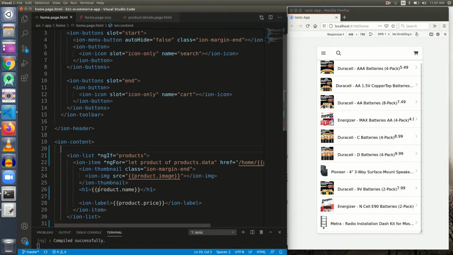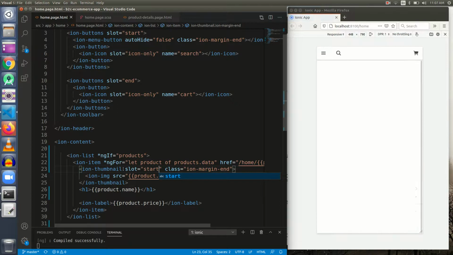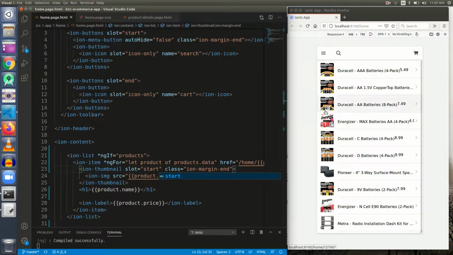Now let's do one more change, because you can see that our thumbnails are also inconsistent in their width. So I'm going to use here a property that we all studied, and that is slot. There are 2 types of slot values that we can use, start and end. So I'm going to give it slot of start and save it. And now you can see our thumbnails are all equally placed. So guys, these are the changes that we need to make in our code in order to get things right.